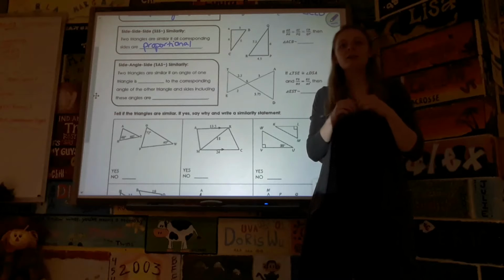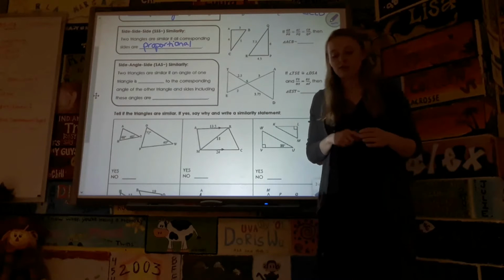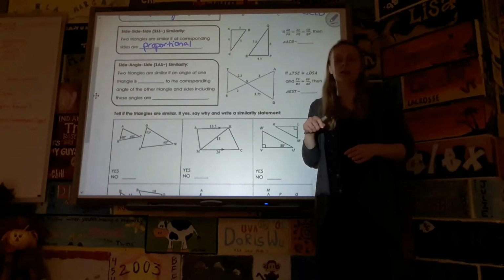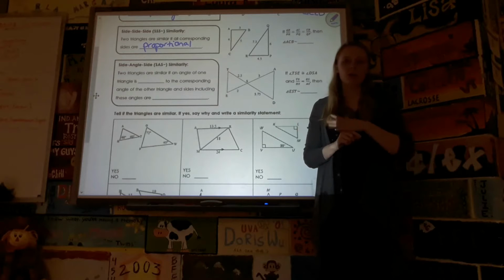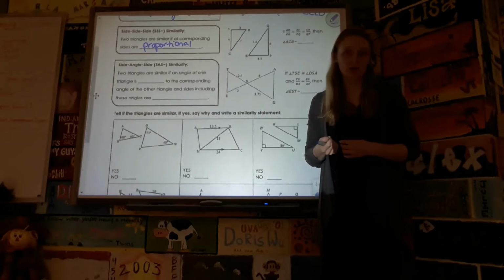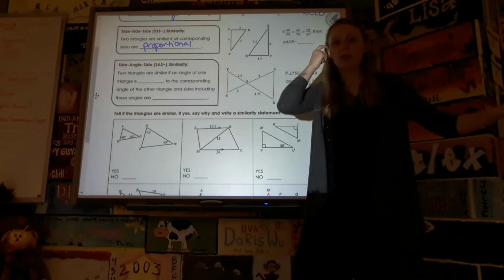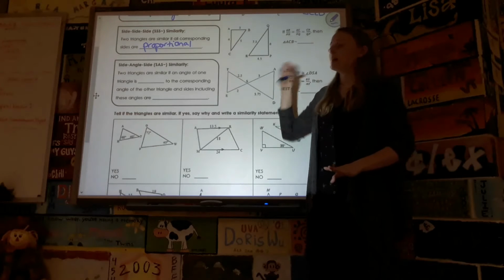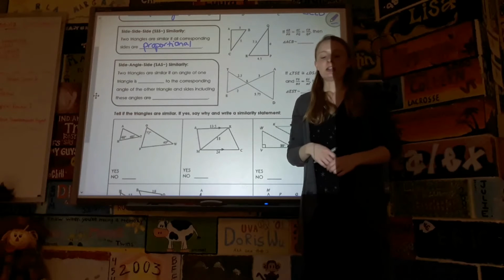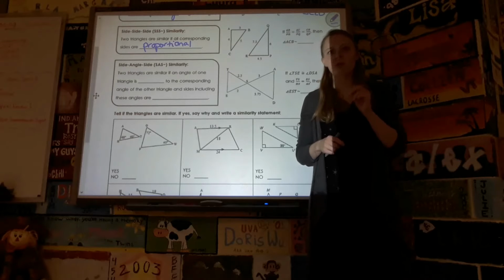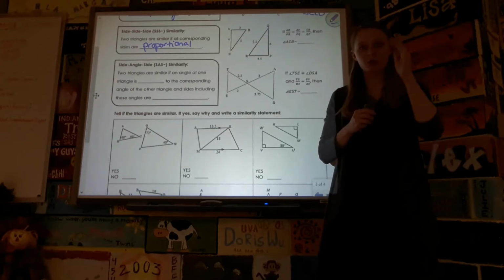We're not going to have markings anymore. In Unit 4, we would look at markings to match up the markings and see if we had 3 pairs of corresponding congruent sides. But again, that was Unit 4, we're leaving that behind. For side, side, side similarity, you actually need to have numbers. We're going to be using numbers to check to see if they're proportional,